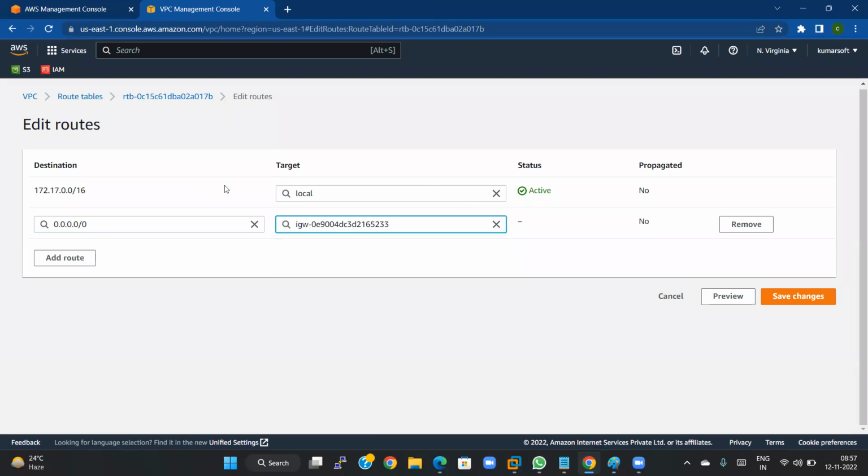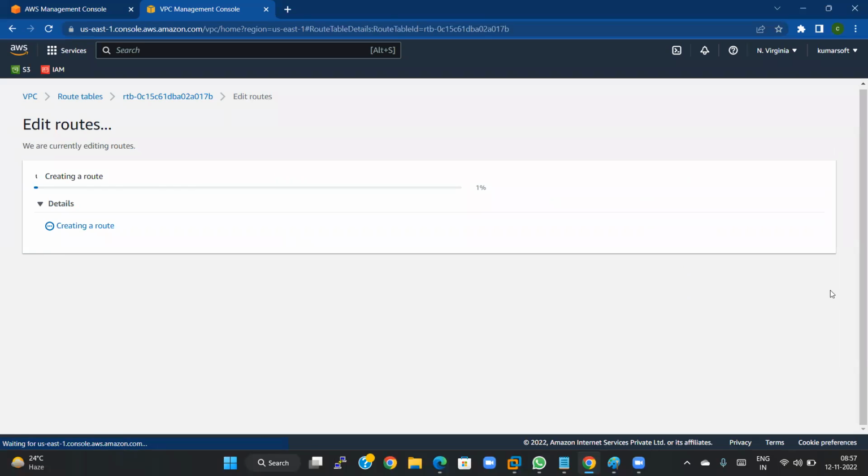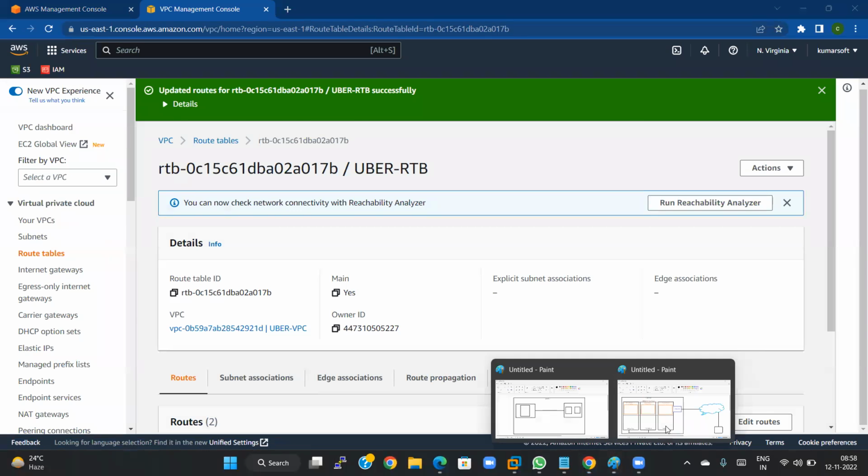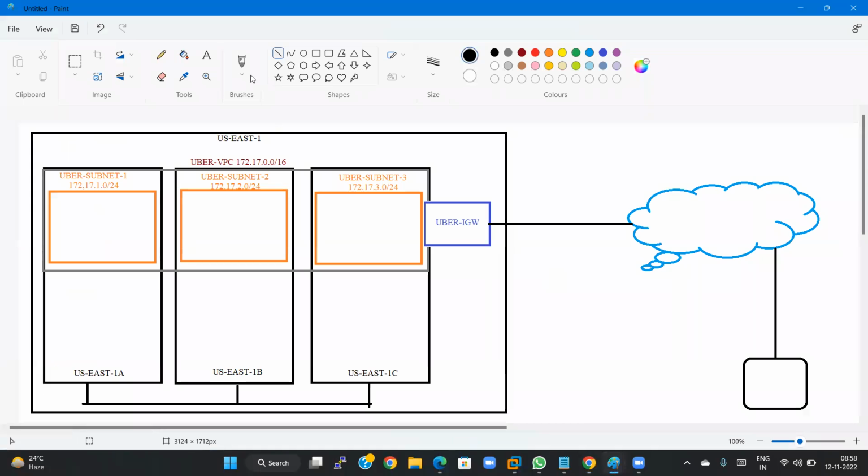If I had only the local connection, then I could call it private. But here I am providing that 0.0.0.0/0 means anybody from anywhere trying to access the data created inside the VPC is allowed to enter through my internet gateway. That is the reason I am giving the internet gateway here, and I will save the changes. Now I have created this connectivity so that any person from the outside is able to access the data